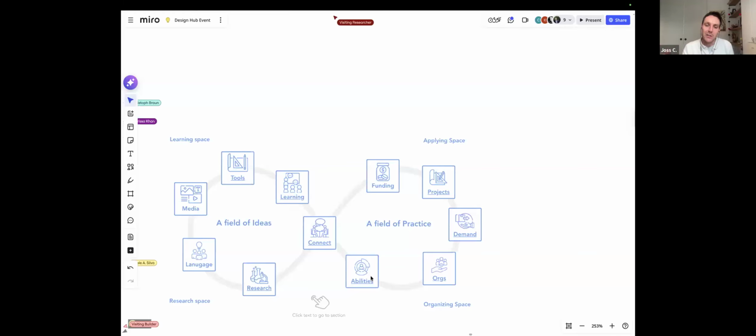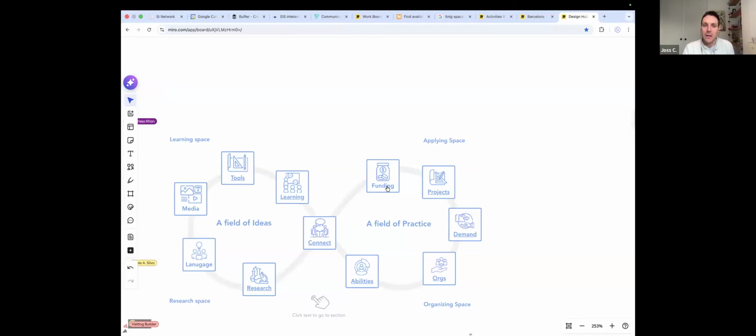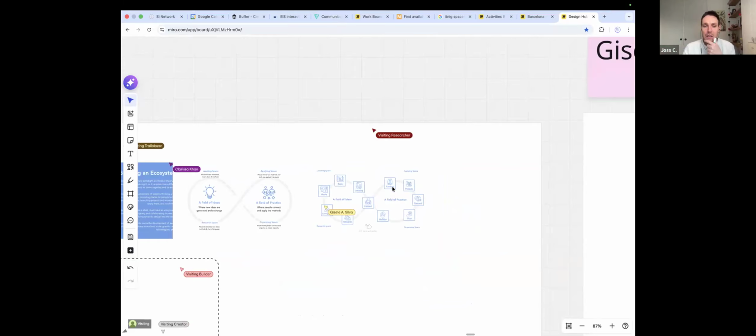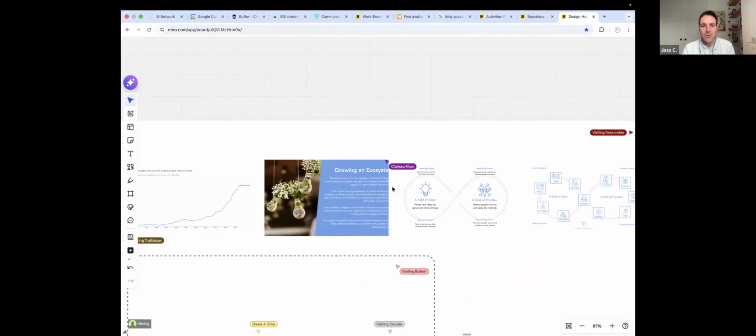Abilities is people with the skills for this, organizations that are working in this space. Demand is where's the interest, the demand side from individuals and organizations, projects or initiatives that are going on that are reflective of this. And funding is, as it sounds, funding into the development of this field or these initiatives. So that's the way the whole guide is structured, and then we jump into some of those fields.